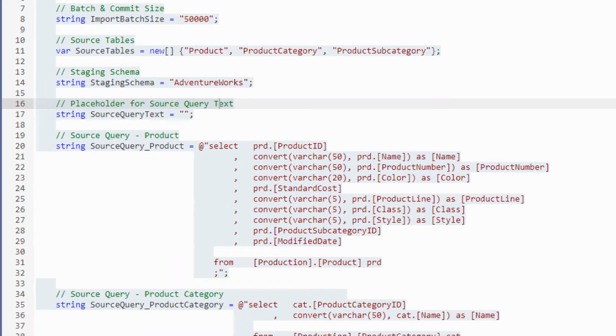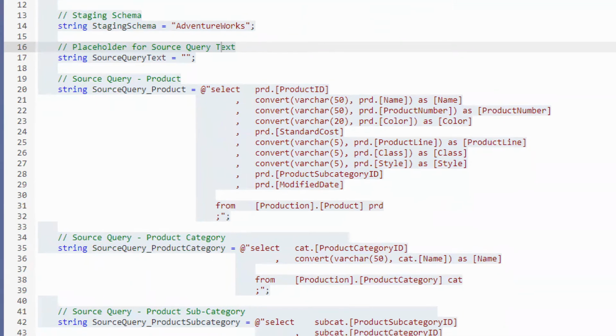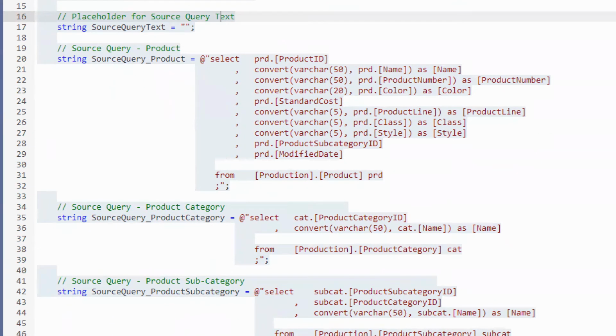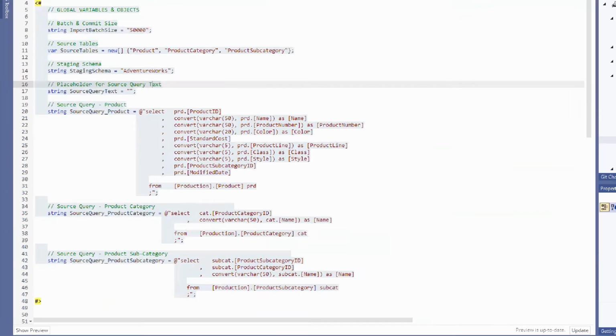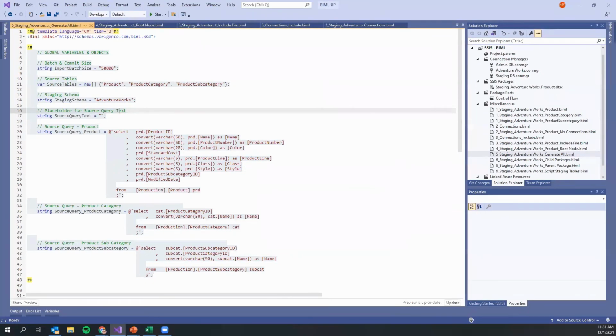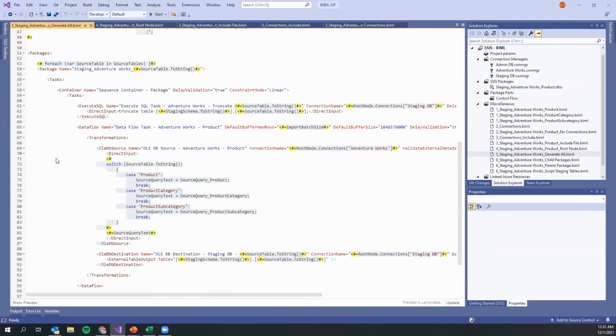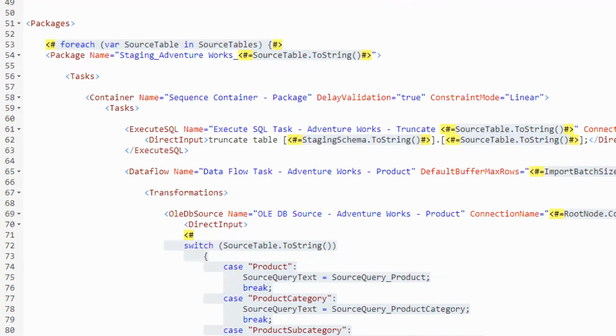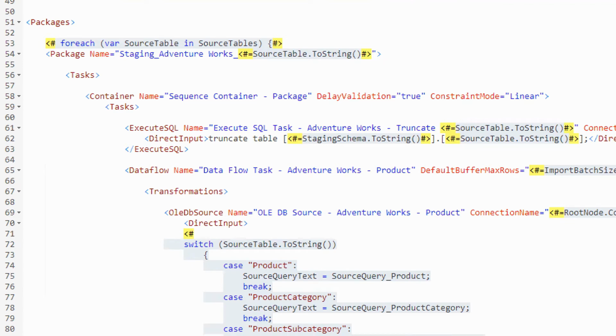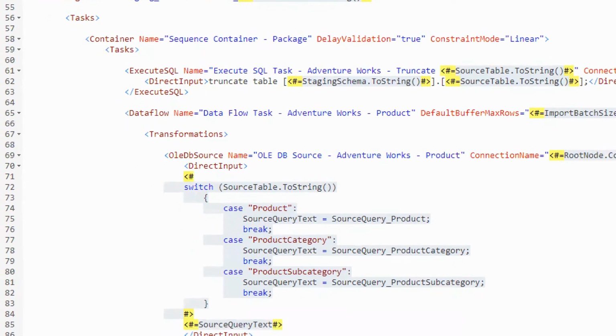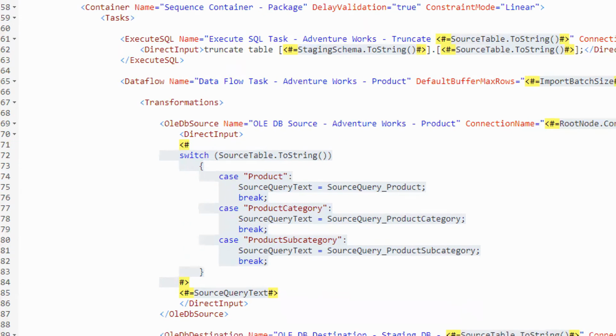And then I set some query strings really, and I assign those to variables. And so because of that, what I can now do in my BIML script is build a very simple loop that loops over the items of my array, and I can generate all of these packages based on that. I'm not going to explain all the code necessarily here, but as you can see,